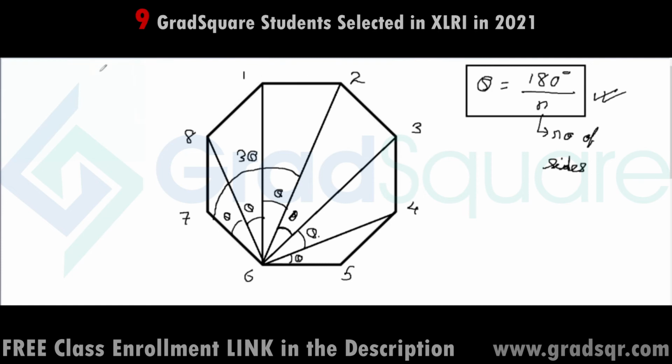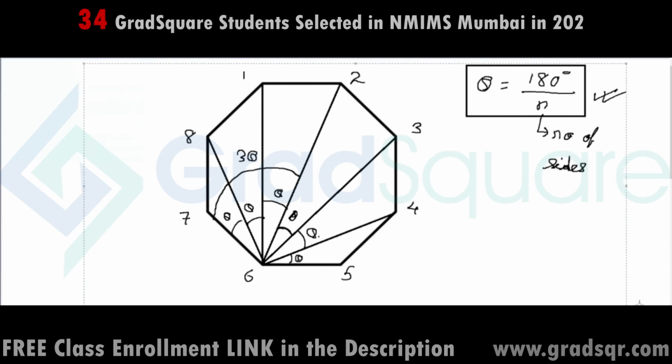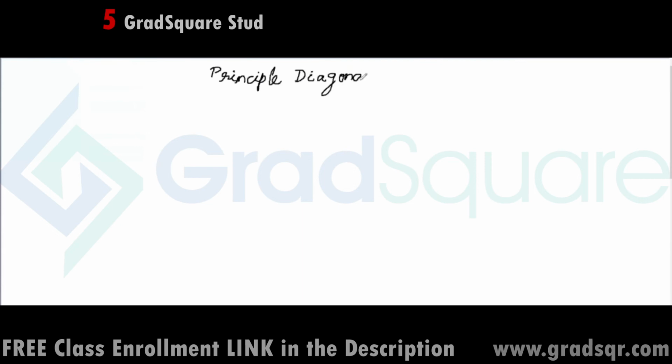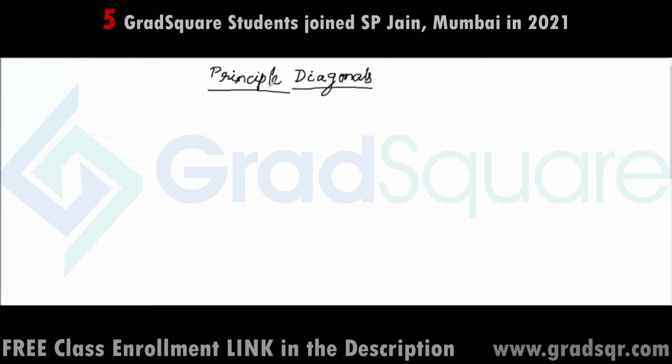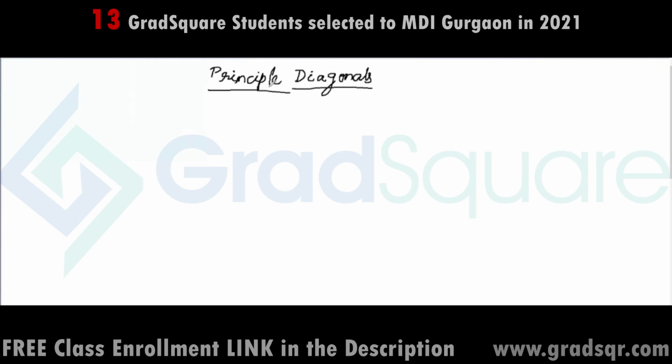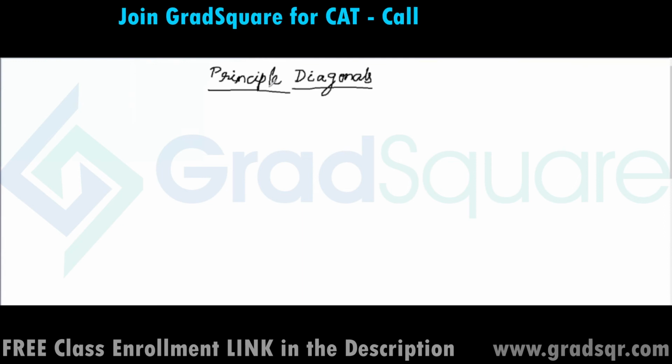Okay. So this is the second thing that I wanted to discuss with respect to diagonals of a regular polygon. And the third and final thing that I want to discuss is the concept of principal diagonals. When I ask students what a principal diagonal is, several times I get the answer, sir, it's the longest diagonal. Principal diagonals are of course the longest diagonals of a polygon, right? But the definition of a principal diagonal is the diagonal formed by joining two vertices which are exactly opposite to each other. When you join those two vertices, you get a principal diagonal.